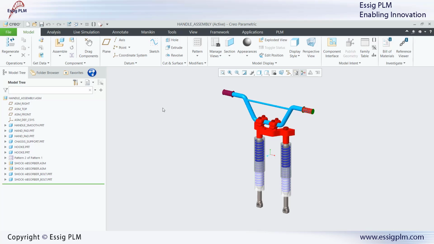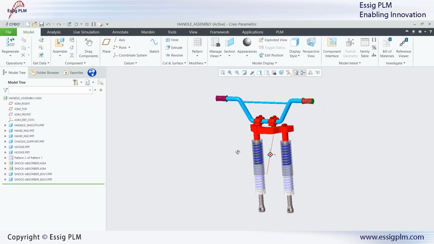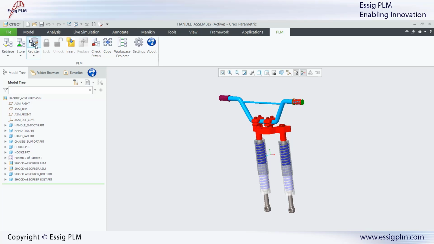Let's first have a look at how the connector is integrated in Creo. Accessing the connector functions is as easy as opening your Creo environment and using the integrated connector ribbon menu. Without leaving Creo, you can register your CAD data and generate part numbers, store your parts, assemblies and BOM into Aras Innovator, retrieve your Creo files from Aras Innovator, lock and unlock in Aras Innovator the models and drawings currently in session, insert existing parts from the PLM system, replace parts of your Creo design by selecting parts from Aras Innovator,